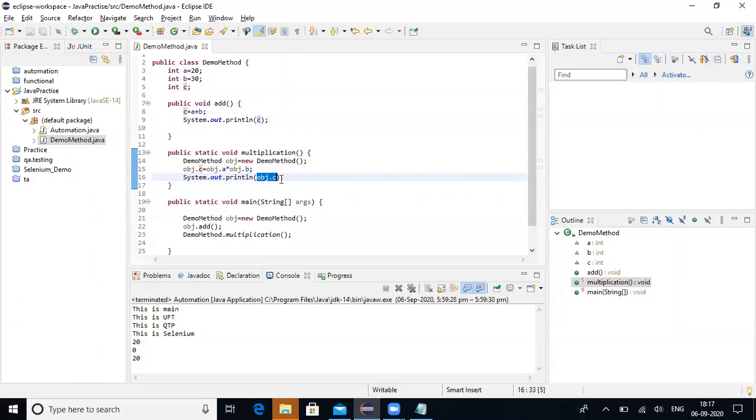Will I get 600, A into B, 20 into 30? Subha, Hari, tell me. Just raise your hand. There is a hand symbol. How many of them are saying I'll be getting the actual value here, whatever value is multiplied here, 20 cross 30, the same will be printed?